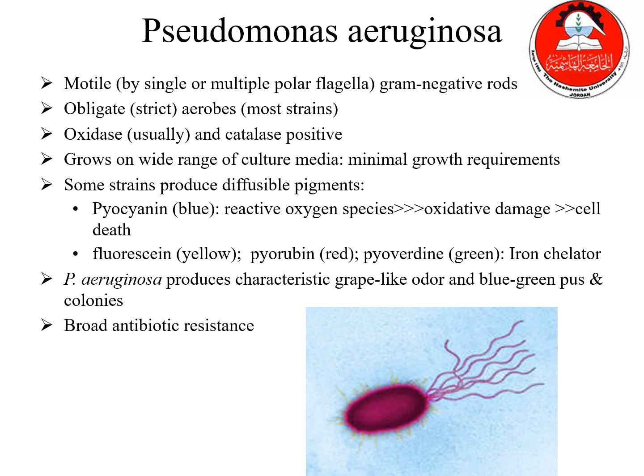Also, it's capable of producing fluorescein, which is a yellow pigment, pyorubin, which is a red pigment, and pyoverdin, which is a green pigment, which when released can extract iron from the neighboring area and serve as an iron chelator. Also, Pseudomonas aeruginosa produces a characteristic grape-like odor in the infections associated with it, and can be recognized also by the color of the pigment, which can be seen within the infection sites, such as in the wounds